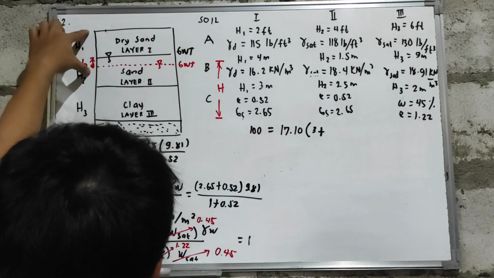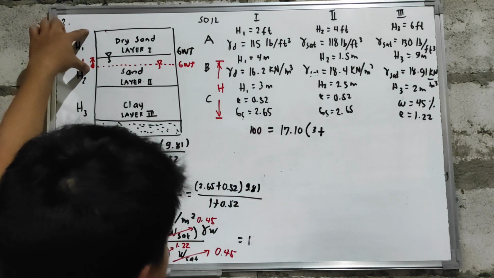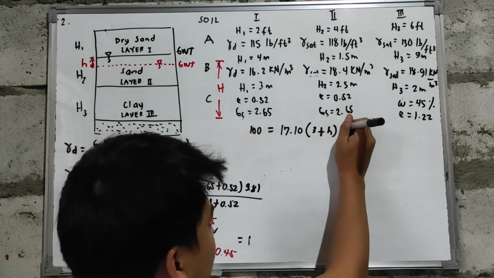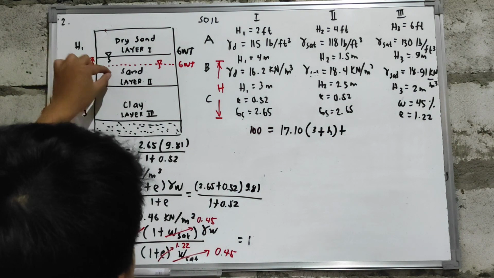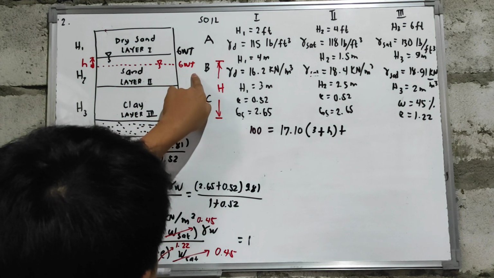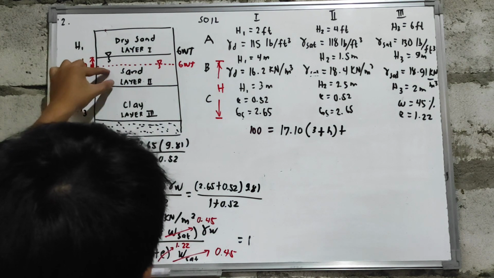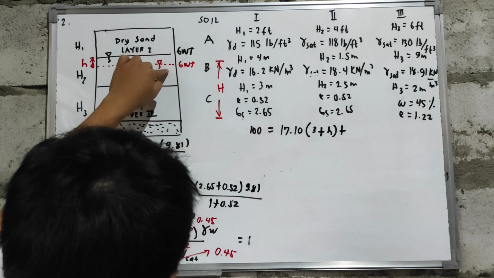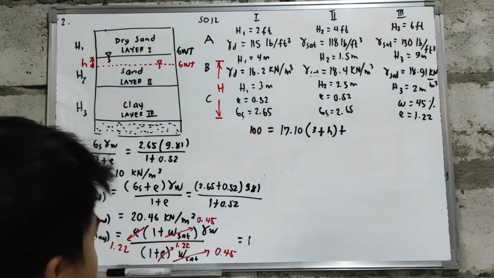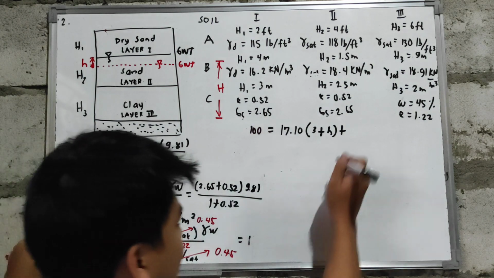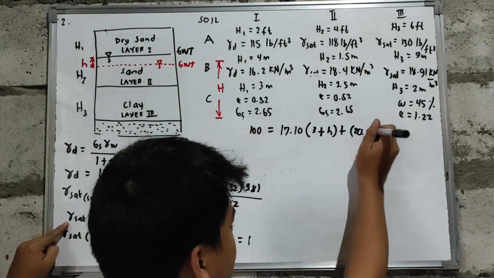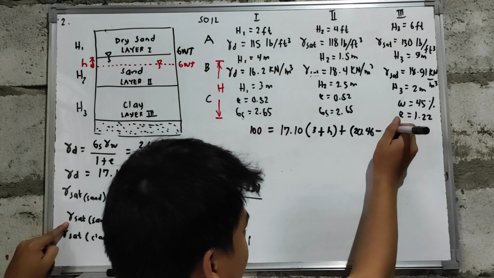So, yung dry sand natin magiging 3 plus h, plus eto namang sa layer 2 natin. So nandito rito yung groundwater table natin, meaning to say from the groundwater table pababa is saturated na siya. So gagamitin natin is the saturated sand having a value of 20.46, aalisin natin yung tubig,